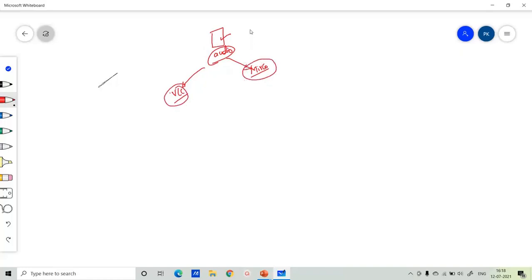So that is, the data is the same. The file from which we are accessing the data, which will be used by the VLC player and the Microsoft audio player, both will be the same, and they are trying to play the same song. So when they are trying to play the same song, they are going to share the same data between process 1 and process 2, and they're also going to share the same resources.